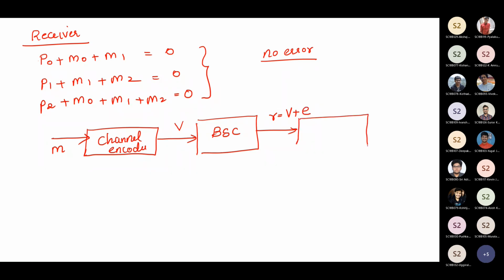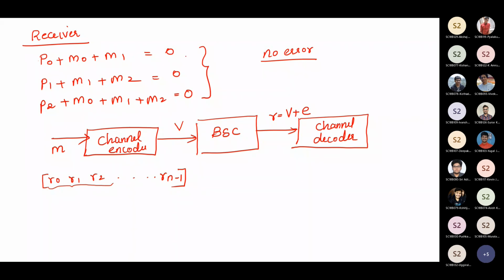So next one, at the receiver, we will be using the channel decoder. So the channel decoder, first it has to identify the error. To identify the error, it will use this equation. So your received vector will be there. Okay, from the received vector R0, R1, R2 up to Rn minus 1. Here you know the first k bits will be the message bits. So based on that you choose what is M0, M1 and all. Then the last n minus k parity bits you know. So based on that you substitute here and try to find out whether you are getting all 0.